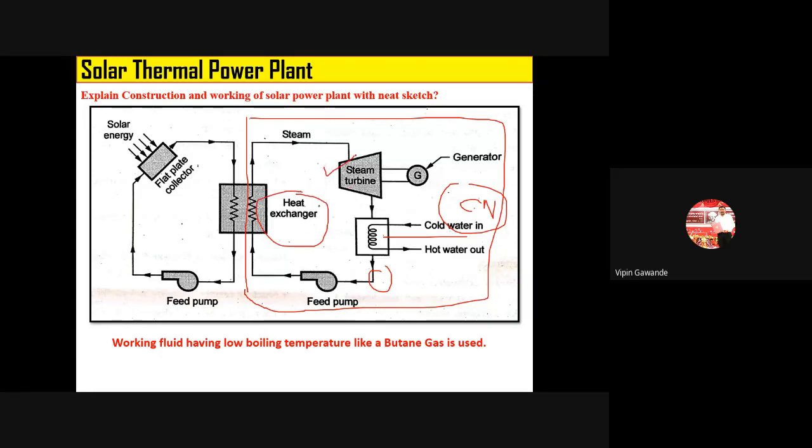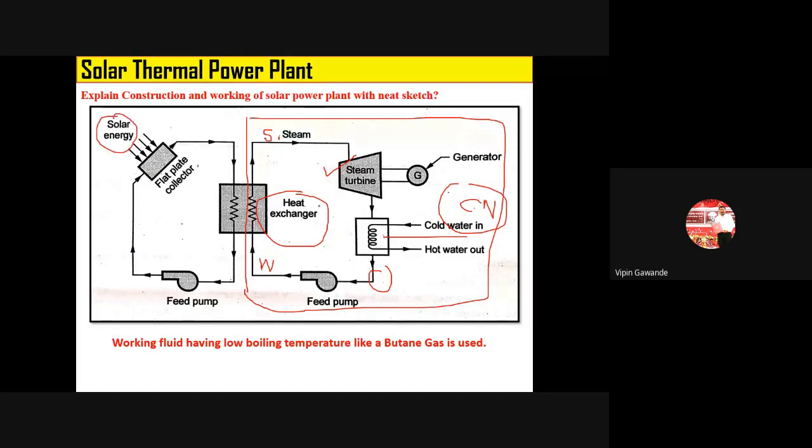So we required what here? Superheated steam. आता superheated steam कुठून येईल? Water पासून. Okay, इथे आपल्याकडे काय आहे? Water is flowing inside this tube. So water कशामध्ये convert करायचं आहे? We have to convert that water into superheated steam. So we required heat here. आता heat कुठून येईल? So that heat will come from the solar energy.